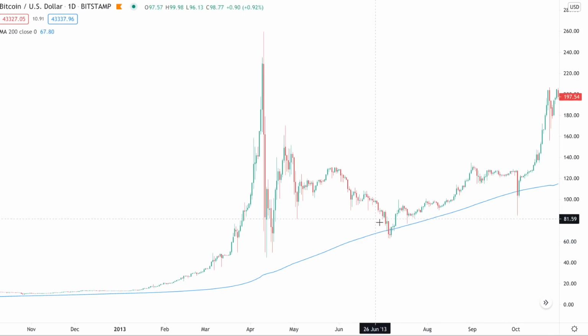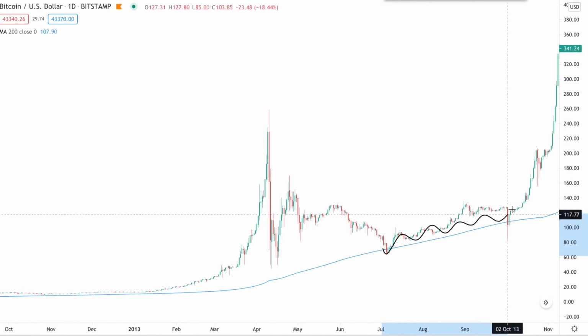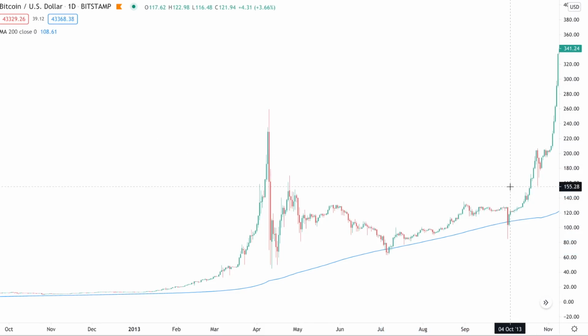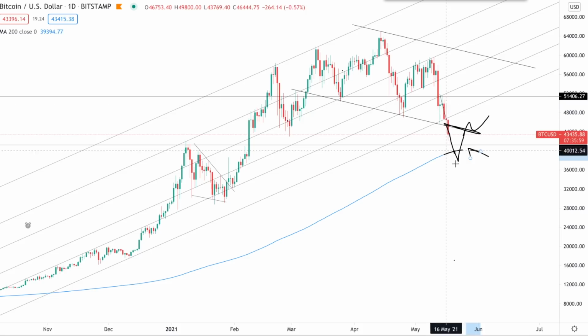Now you can see we didn't get straight back to the all-time high. We actually grinded around that 200-day moving average for a while before picking back up the speed. So that's something that we could actually see on Bitcoin in 2021. If Bitcoin continues its way down, and it looks like that's exactly what it's about to do, if it continues its way down to the 200-day moving average, we expect a very, very strong resumption of support and potentially a break back above this trend line.